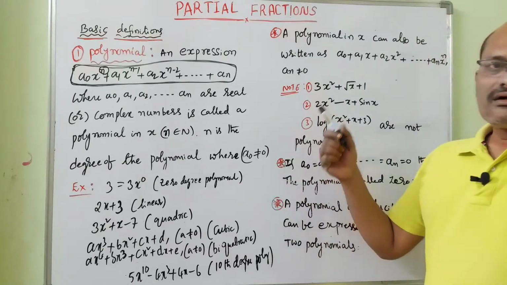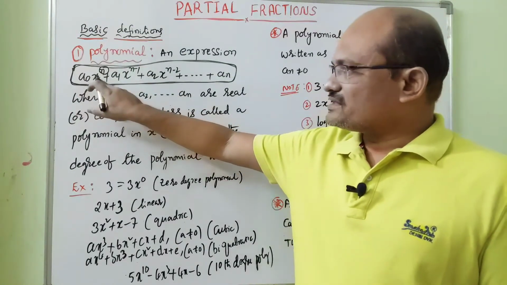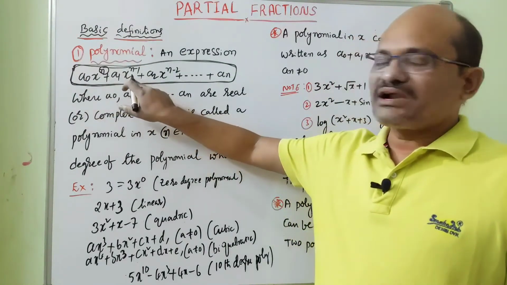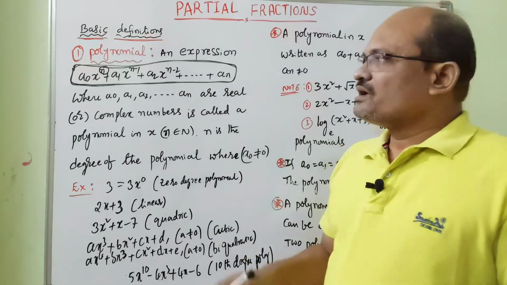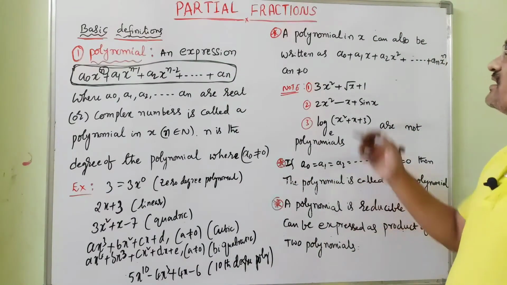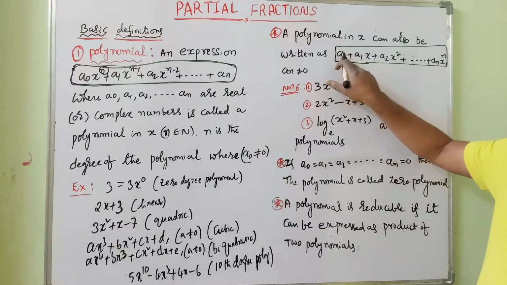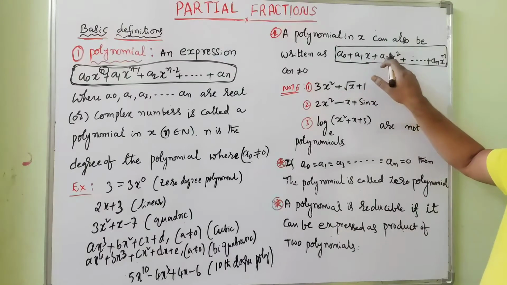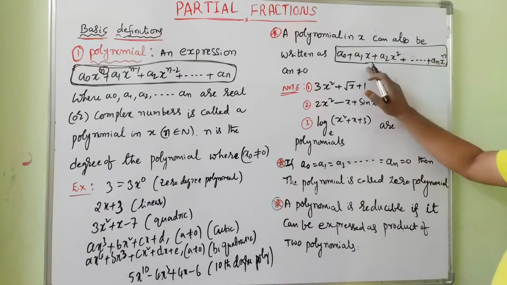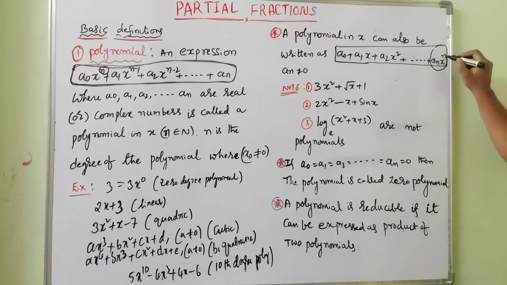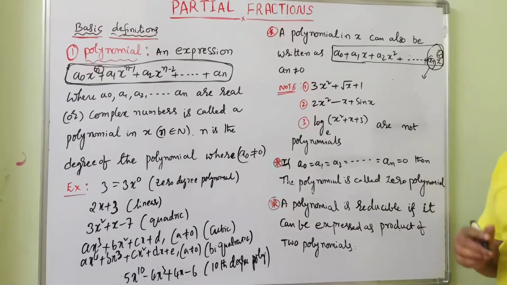Now, next point I want to discuss. Students, here a polynomial is written like this. The first term contains x power n, the second term contains x power n minus 1, like that, with reducing powers. Another way of writing a polynomial is with powers in increasing order. First, the constant a0 plus a1x plus a2x square plus so on an x power n. It is in increasing order. Here the last term is the leading term. Here an is the leading coefficient. The degree of the polynomial is n.